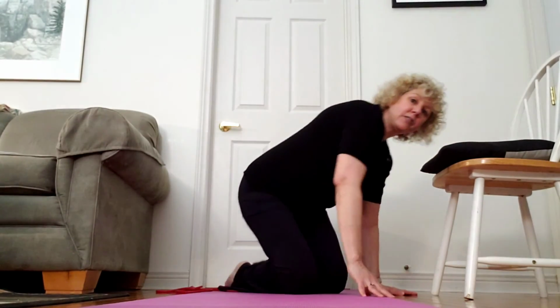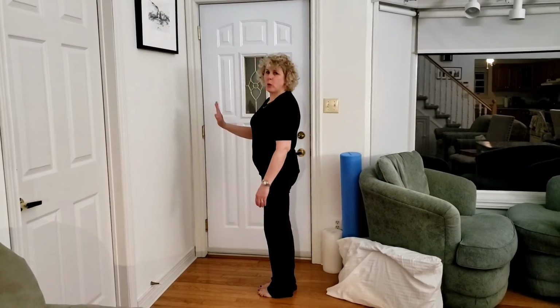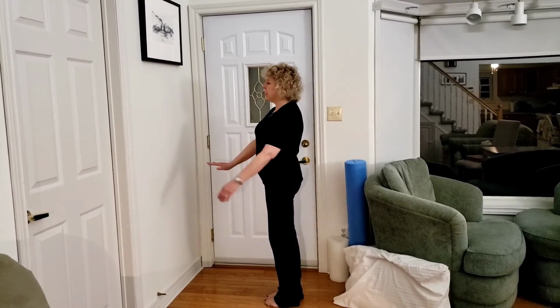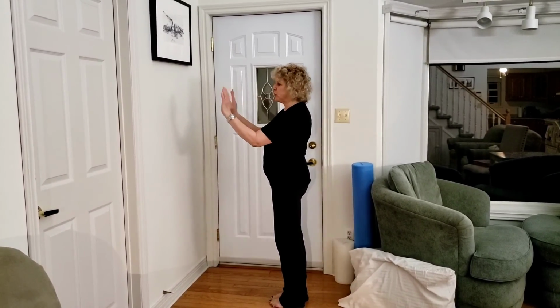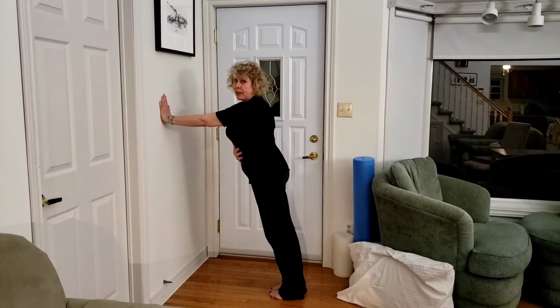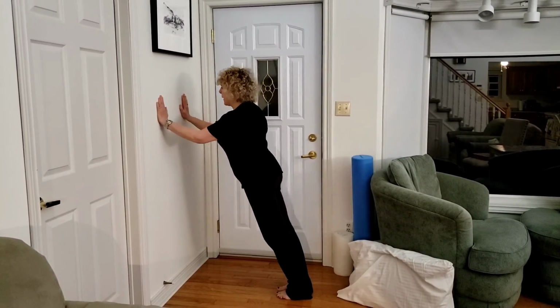So for the next exercise, we're gonna go against the wall. For the next exercise, we're gonna do a wall push-up. So you wanna have your feet a little bit of a distance from the wall. The further you are, the harder it's gonna be. The difference with my wall push-up is you want to have your elbows close to you so that your elbows are pointing down toward the floor. And while you're in that position, you're going to make sure that you engage your abdominals and that you're just moving from there. So you're going to bend down